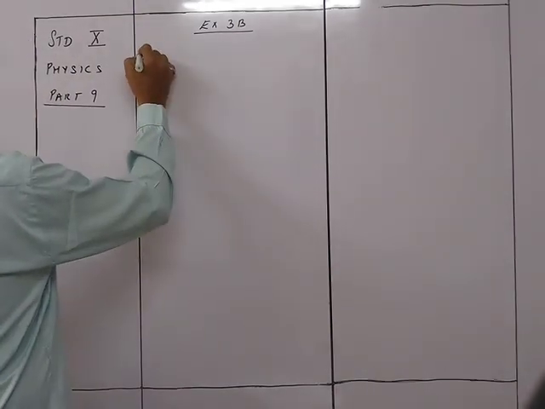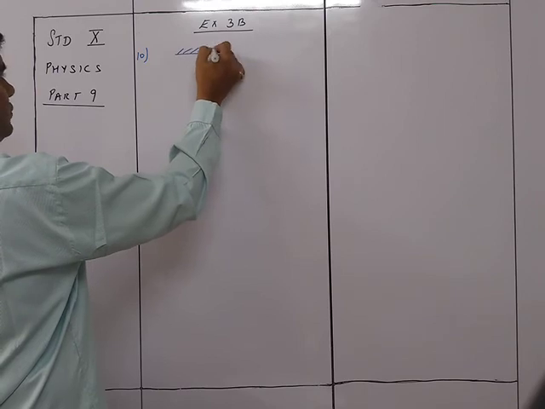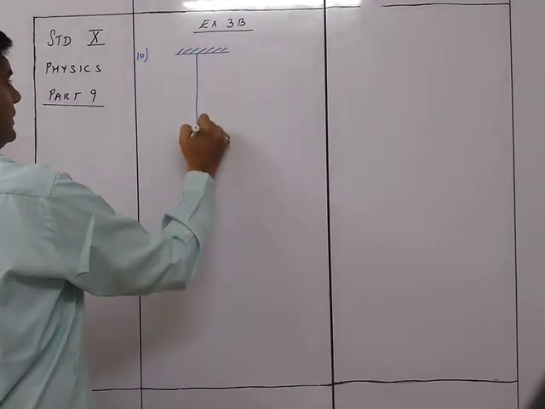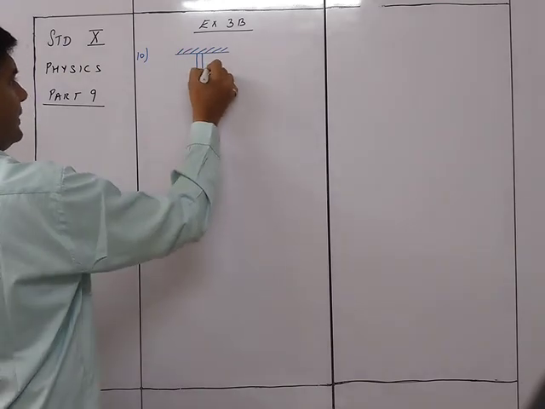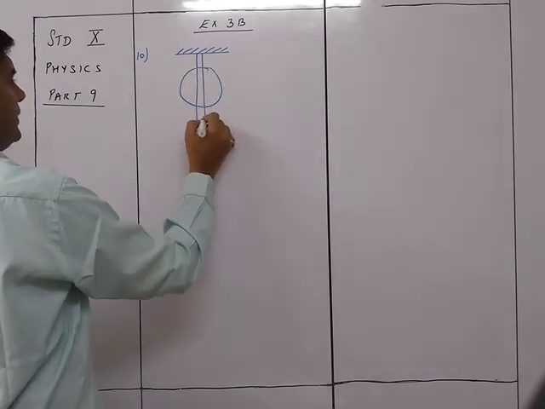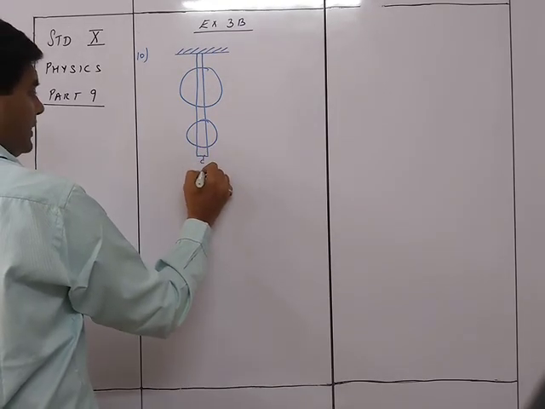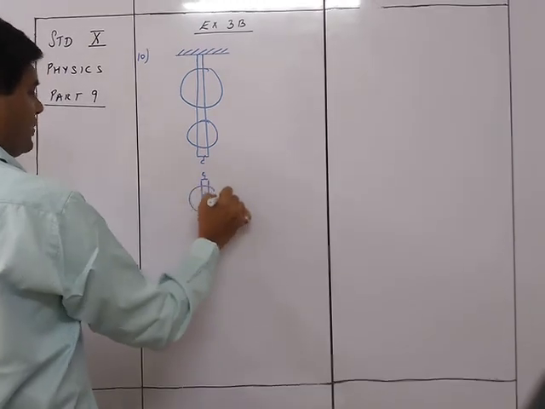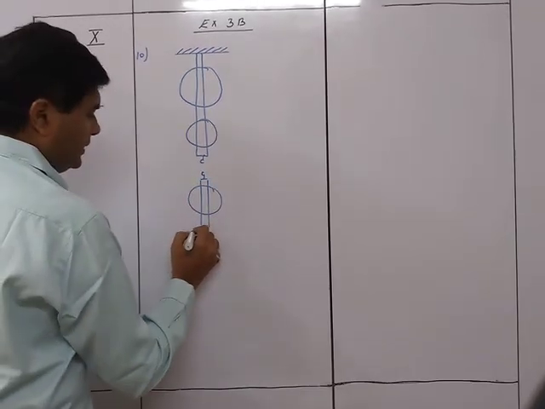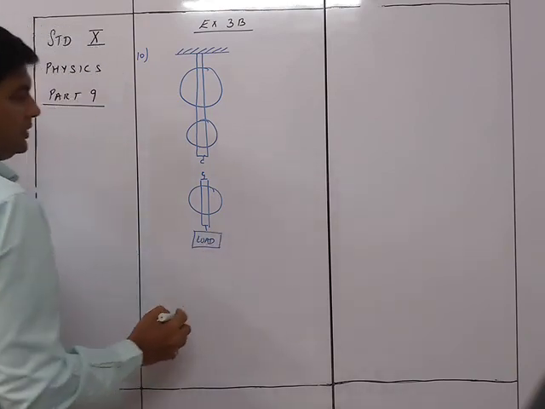In sum number 10, we have got the block and tackle system having 3 pulleys. So this is the rigid support. The rigid support contains one fixed block which has got 2 pulleys, 1 and 2, and a hook. Connected to this is another block of pulleys which is just having one single movable pulley. So that is the load which is connected here like this.